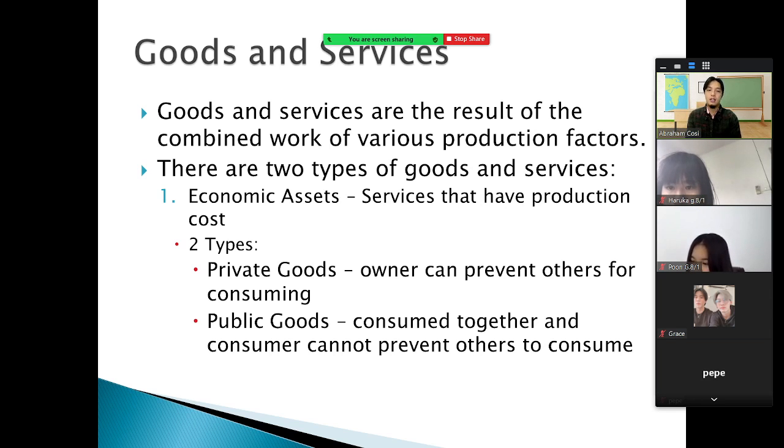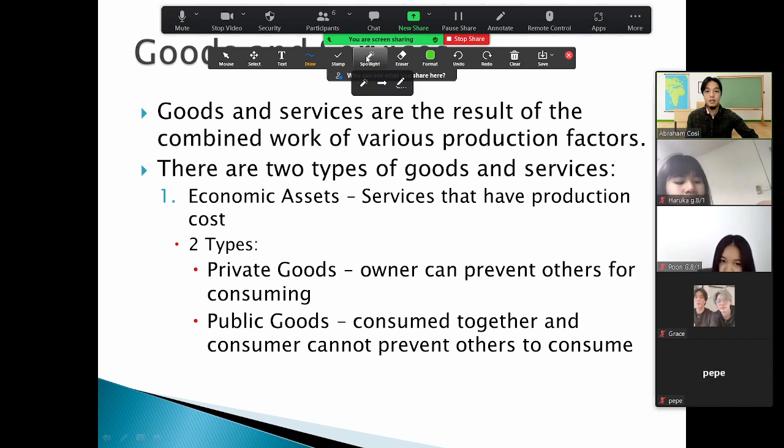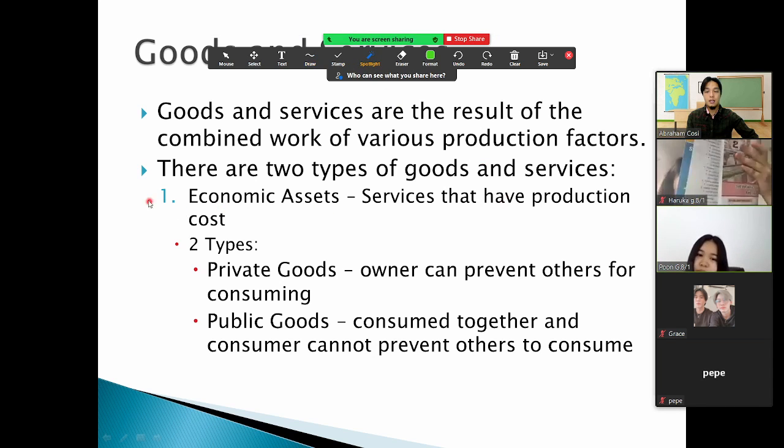Goods and services are the result of combined work of various production factors. Okay? There are two types of goods and services. So we have the first one. What is the first type? Economic assets. Okay? Economic assets. So these are goods and services that have production cost. Okay, so things that you need